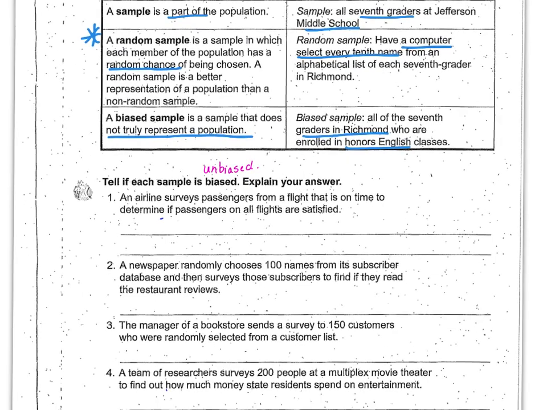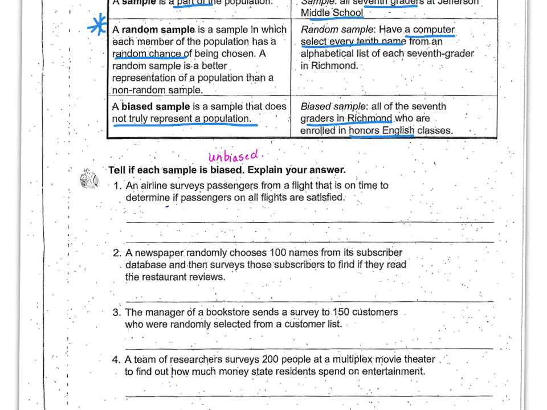So it says, tell if each sample is unbiased or biased. An airline surveys passengers from a flight that is on time to determine if the passengers on all flights are satisfied. Well, I'm going to have to say that this would be biased. Why do you think that is? Well, because they're talking to the people that came in on a flight that's on time. If they talk to those people whose flights got canceled or were 2 and 3 hours behind, they would probably